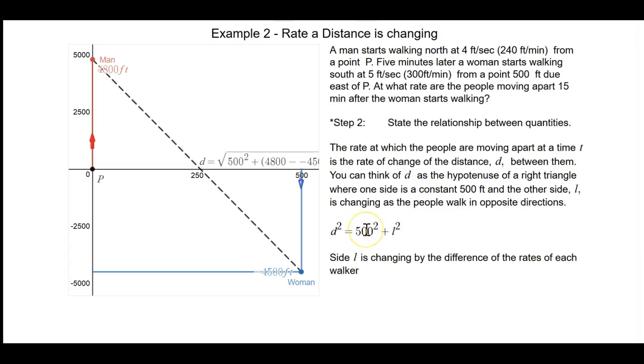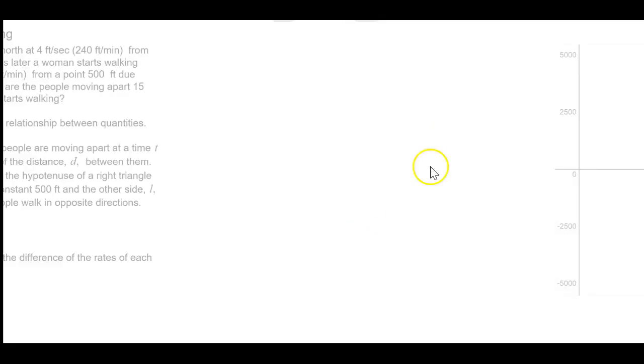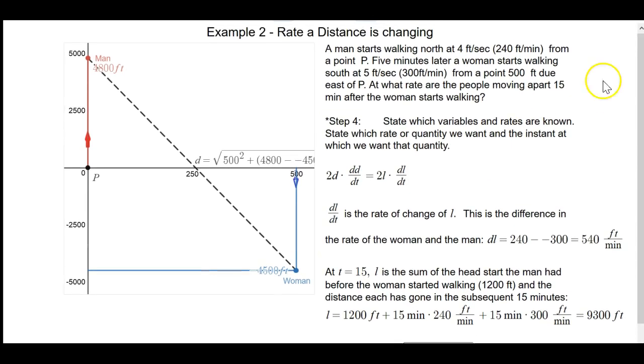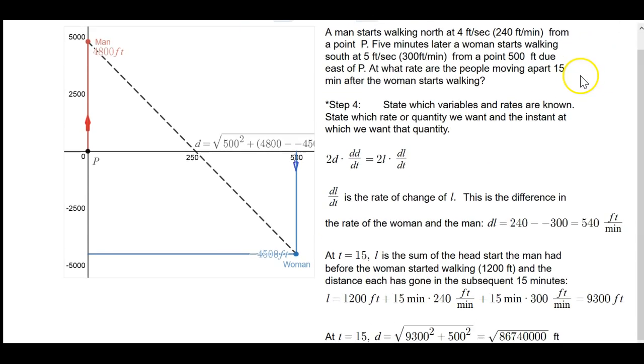Since 500 squared is a constant, that term goes away. So we have 2d times dd/dt equals 2L times dL/dt. So what we're looking for is this quantity. So now step 4, we want to figure out what it is we're trying to solve for and plug in what we know. So dL/dt is the rate of change of this side,